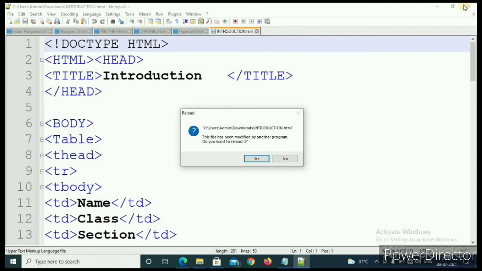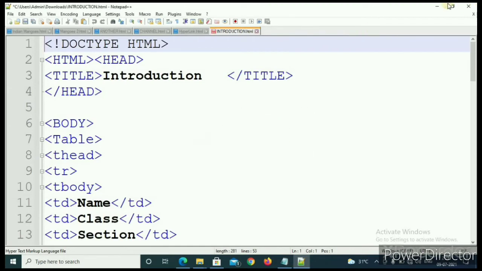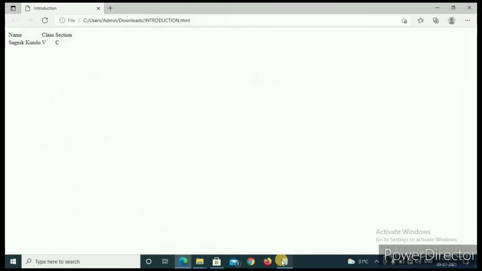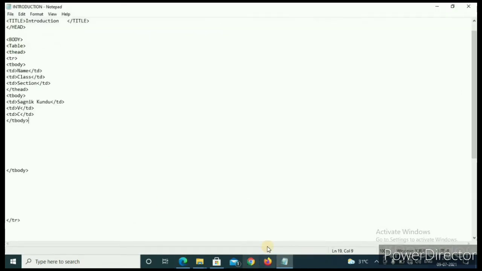Okay, I will close this one. I will not save it because I am doing it with this notepad.